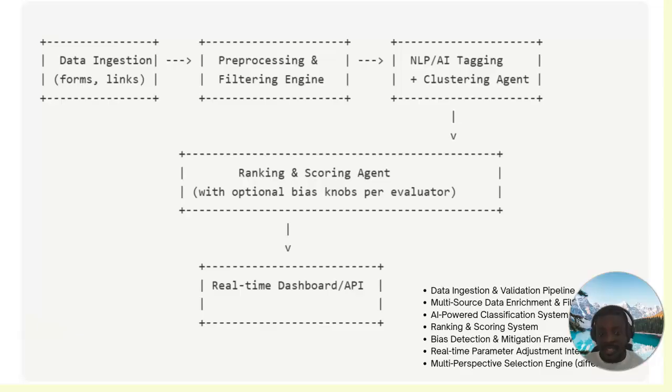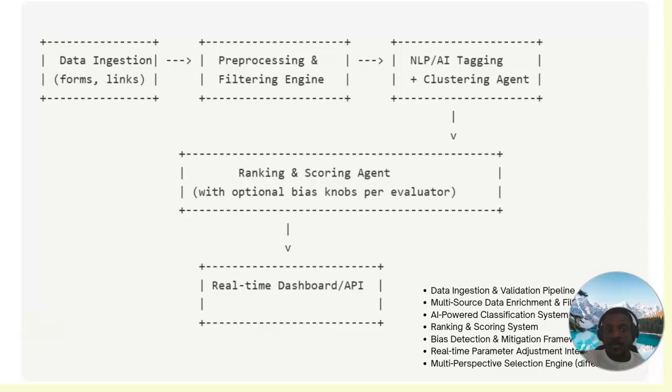Now, the very first thing here is the data ingestion, right? Now, these forms are the base. Don't forget we are getting our data from forms. This can be Google Forms, there could be Notion, there could be Airtable, various forms or various links. So basically, this is the source, the downstream part of it, right? So we're going to be putting this data up. Now, this data will need to be validated, because this is basically like a pipeline. It needs to be validated, right? So now once I get my data